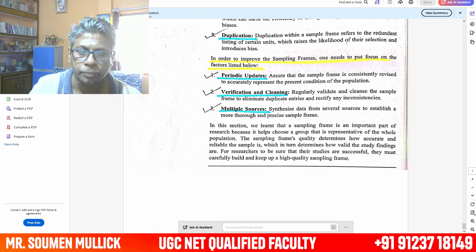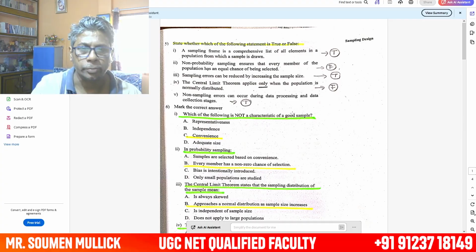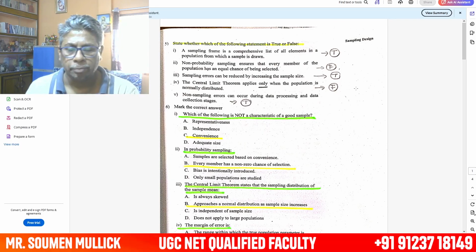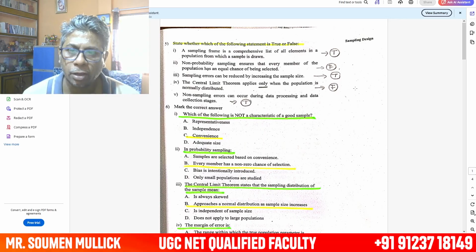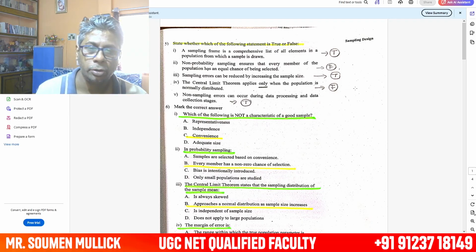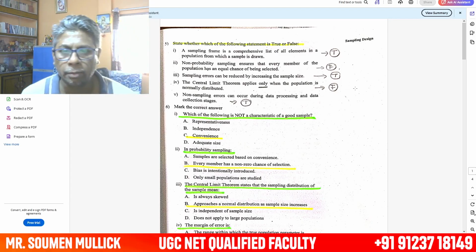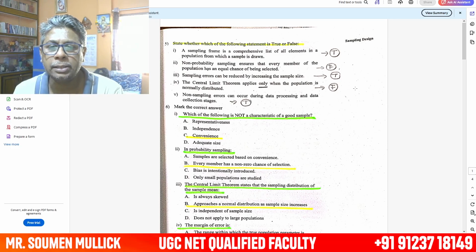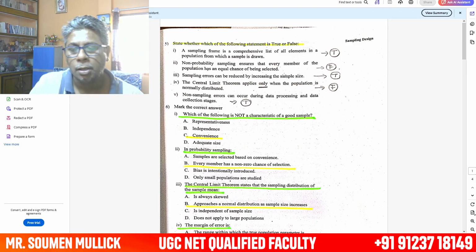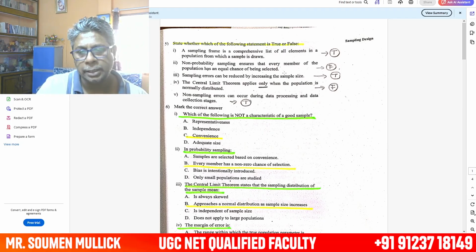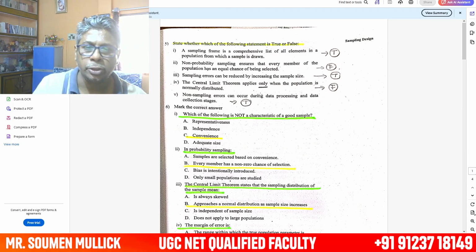Now we're going to solve the important questions. The first thing, the statement is true or false. The sampling frame is a comprehensive list of all elements in a population from which the sample is drawn. This is true. Next question, on the sampling method: non-probability sampling ensures that every member of the population has an equal chance of being selected. This is false, because in the case of probability sampling, every member of the population has an equal